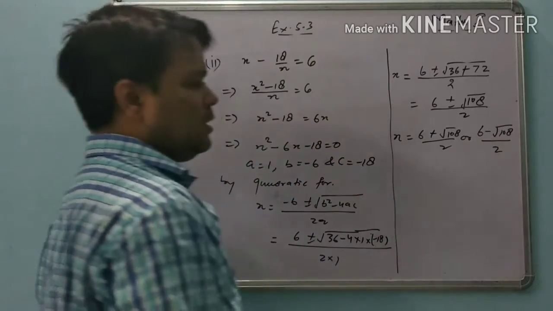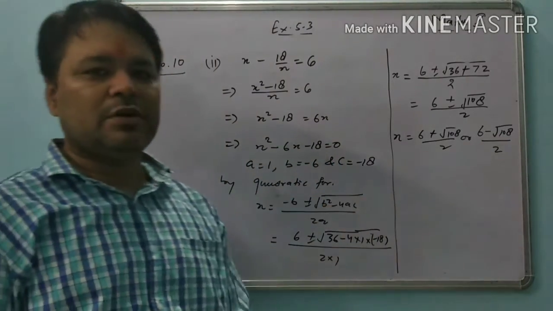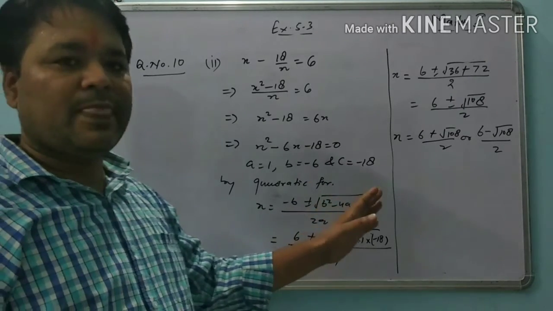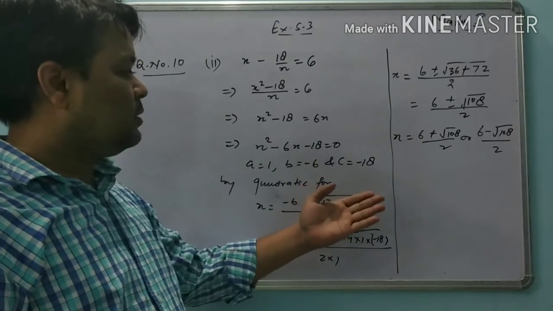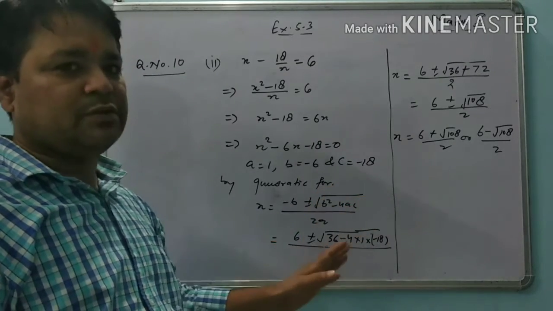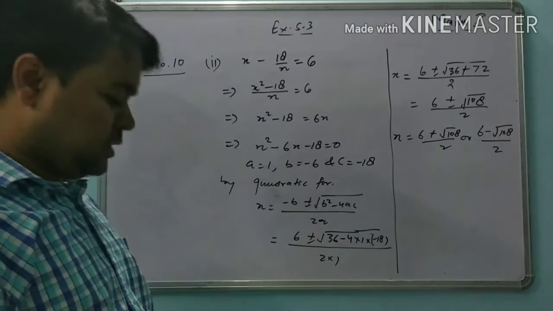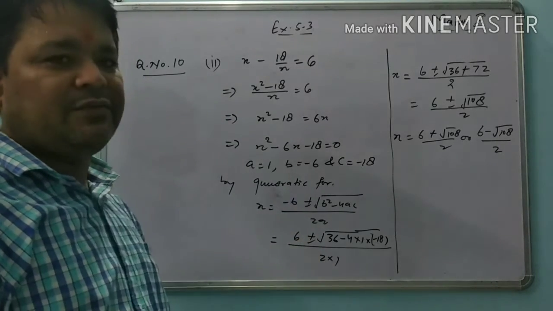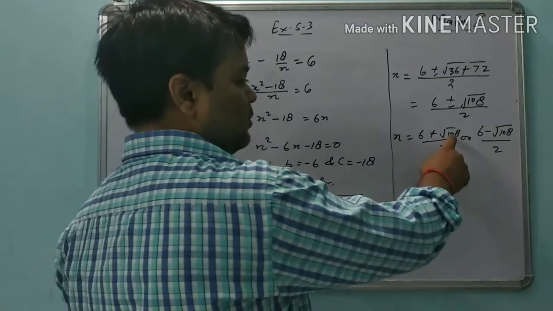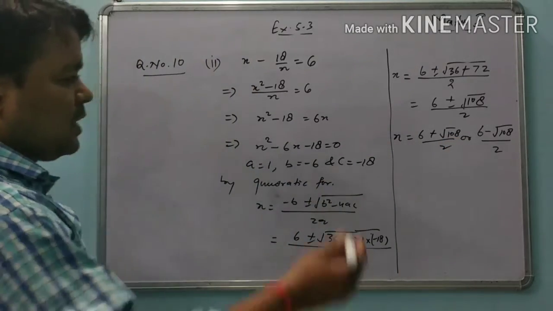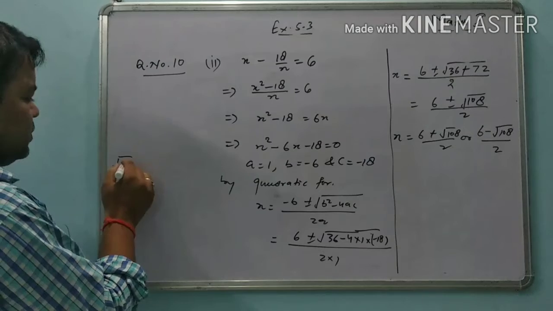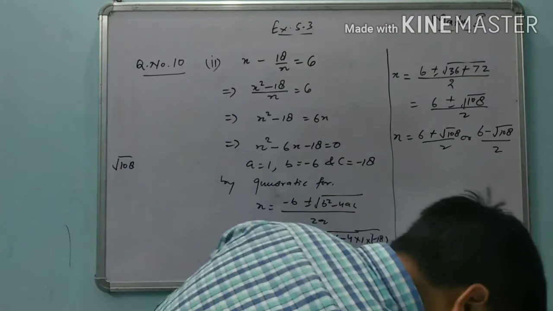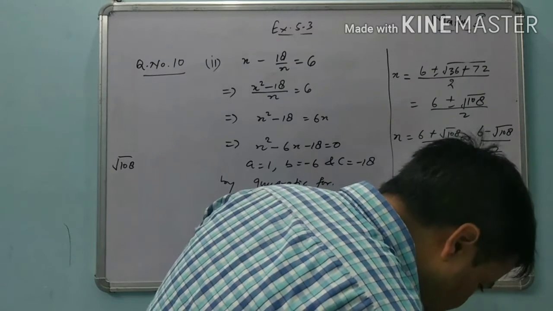If any student only gives this much answer, he is not able to get the total marks of the question, because the question is to find the value of x up to two significant figures. Therefore, we must find the value of under root 108. Okay. So here the value of